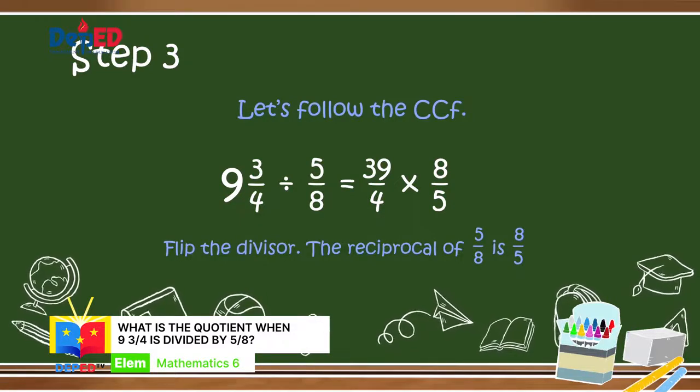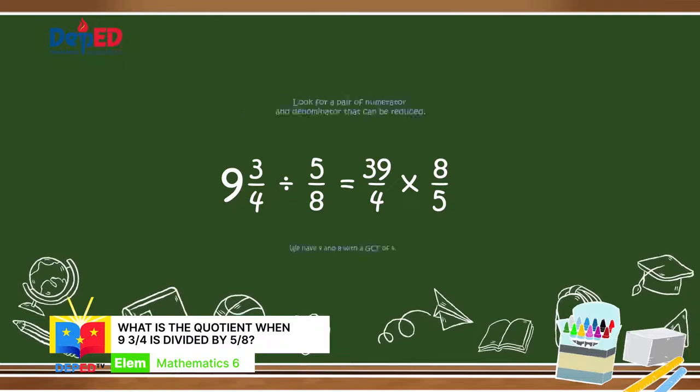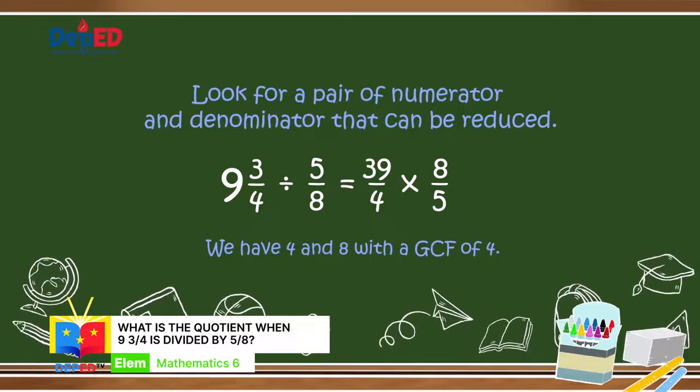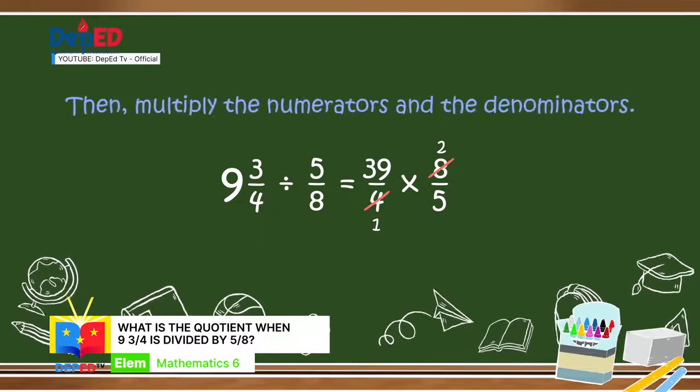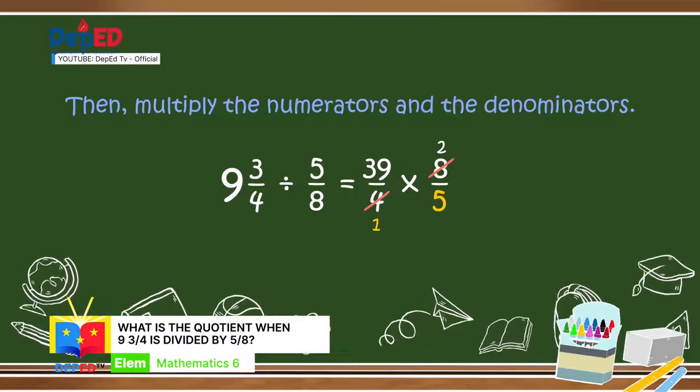39/4 times 8/5. Look for a pair of numerator and denominator that can be reduced. We have 4 and 8 with a GCF of 4. 4 divided by 4 becomes 1. 8 divided by 4 becomes 2. Then, multiply the numerators and the denominators. 39 times 2 equals 78. 1 times 5 equals 5. We have